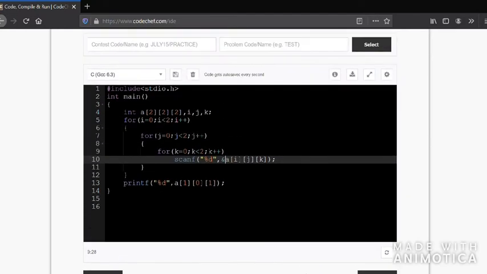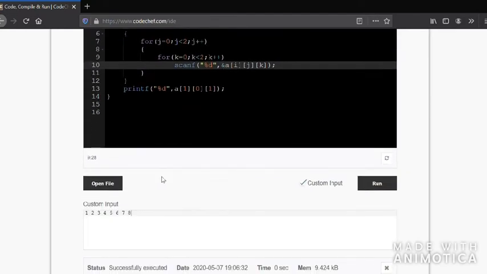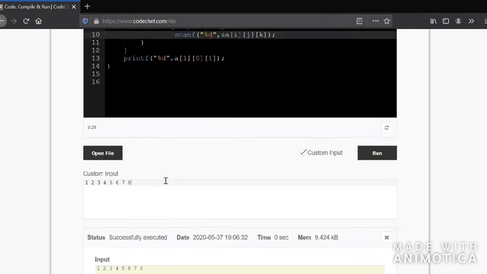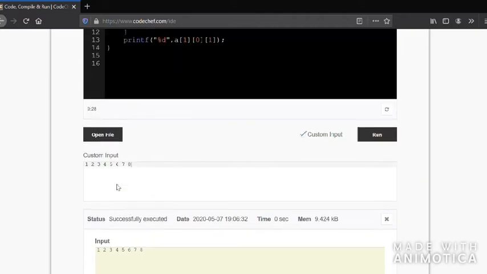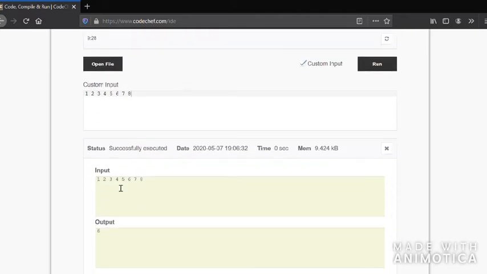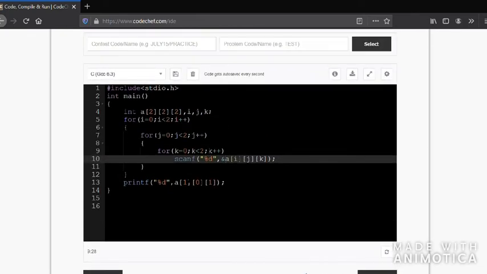So you got the output. How this happens here is, I've given 1 0 1. So we've got the output 6 for this 3-dimensional array.